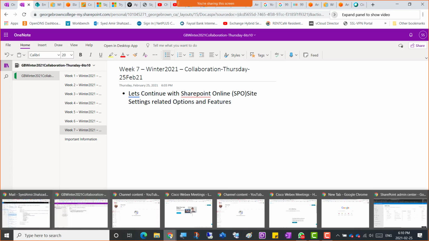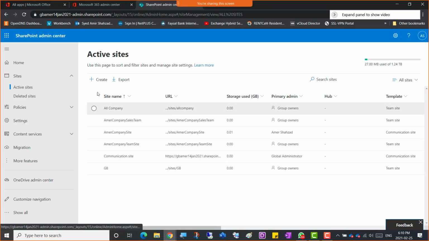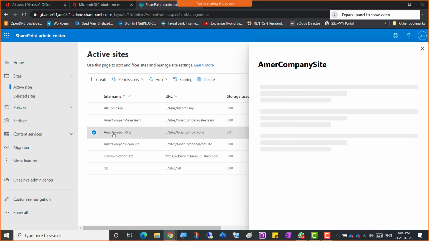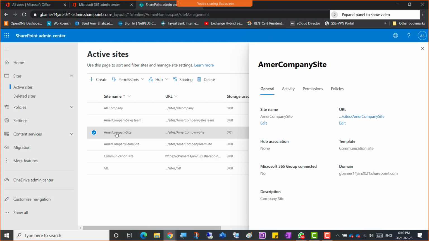I will go to the incognito window here, and inside the incognito I open the sites and then active sites. Inside the active sites I'm going to go for your first name company site that we have previously created. I'll click that, your first name company site, and there's the URL. Once we click the URL here,